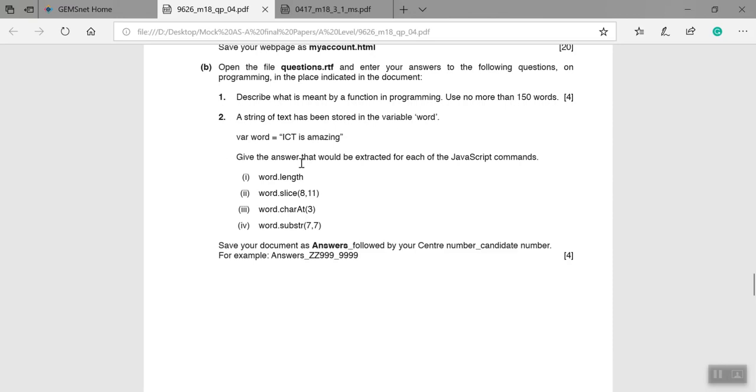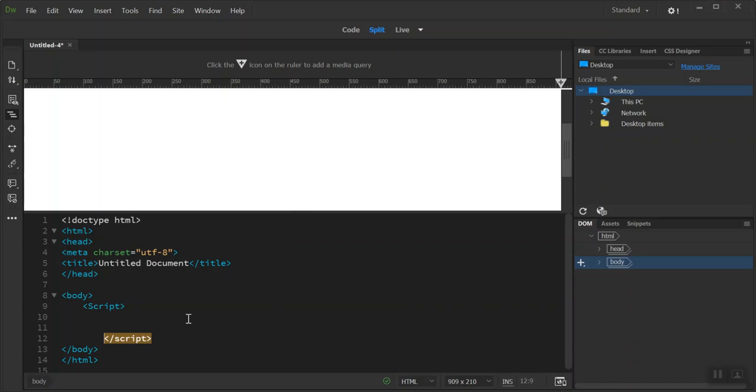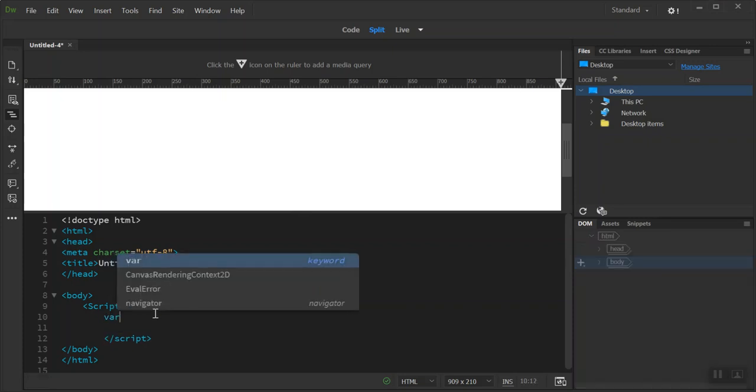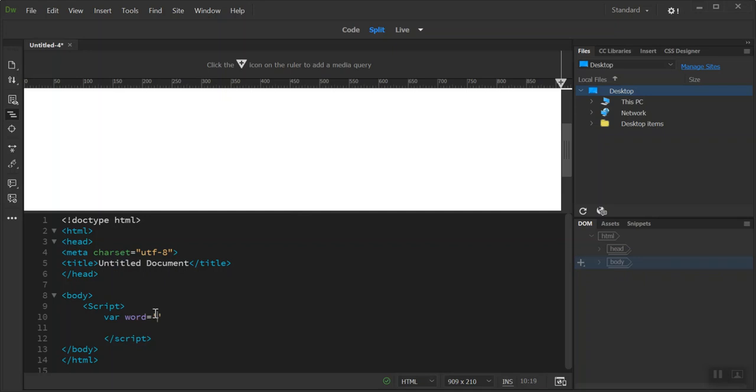So we have to create a variable word which is storing a string. ICT is amazing. So we will create a variable here, var space word equal to, and it says ICT is amazing,